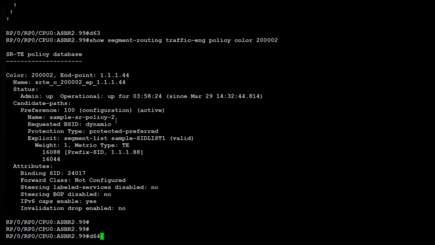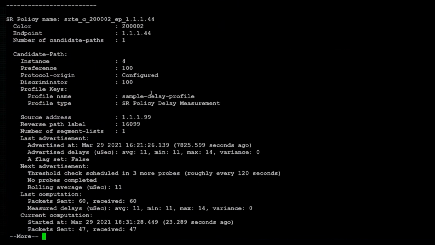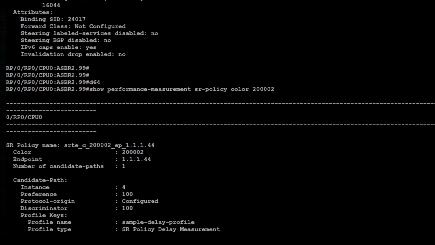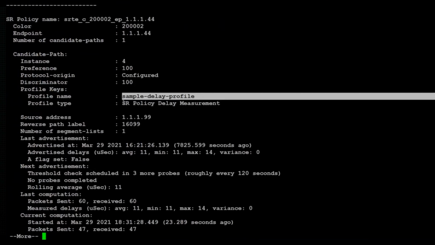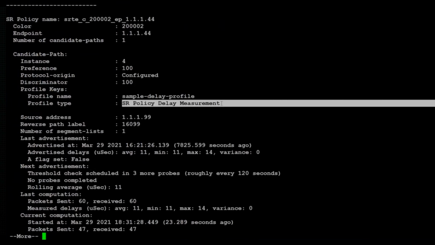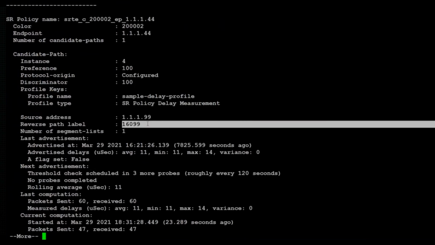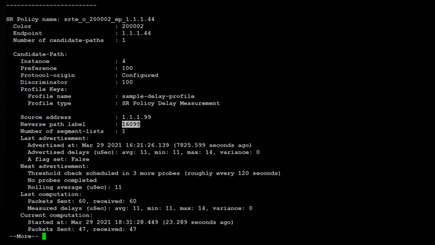Well, if we look at the OPER data for that policy, so we're going to look at the performance measurement operational data for the policy that we are monitoring. In this case, we can see the profile that is being applied and the type of profile. So in this case, it's a profile for SR policy for delay measurement. We can see the reverse path label that was configured in this case,